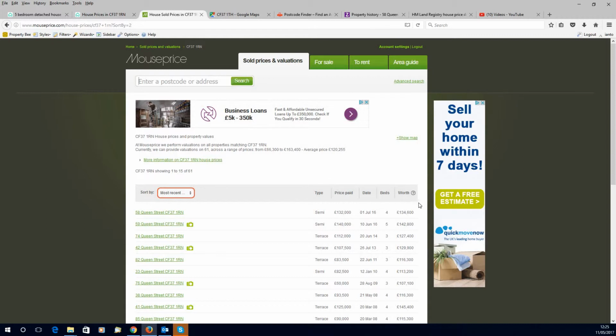I find, because it provides this worth, which is a little bit like Zoopla's estimate, this is a mouse price worth, and again I find you have to be a bit cautious with that because it can be a bit inaccurate. But if we put the postcode in again, CF37 1RN, and click on search,